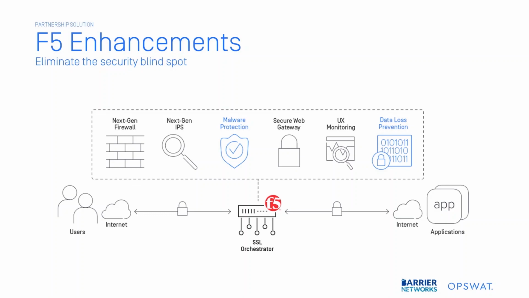So the F5 SSL Orchestrator provides decryption and encryption of inbound and outbound SSL traffic, and that enables traffic inspection for other security products. It supports policy-based management and steering of traffic flows to third-party security solutions, such as OPSWAT MetaDefender, so that organizations can apply context-based rules to the handling of encrypted traffic flows. F5's flexible SSL solution lowers security costs with intelligent load balancing and monitoring, and that provides you with better availability and utilization. And this enhances your organization's privacy and security with improved efficiencies, combined with features that lower the total cost of ownership, eliminating the security blind spots that Laura spoke about earlier and the performance challenges associated with today's